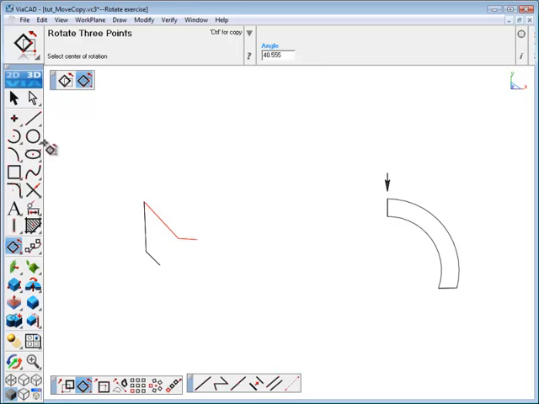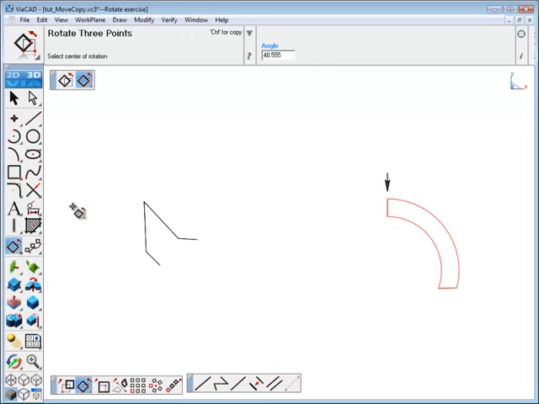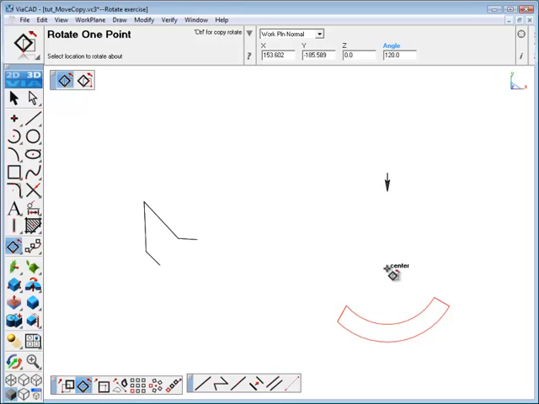There are other ways to rotate in your drawing. We'll make our selection over on the right. Careful not to select the arrow. In this case, we'll use the 1-point rotate tool and make sure the top option in the drop-down is selected. In this case, we'll set an angle to rotate by. We're going to rotate this around to create a full 360 degrees, and we want 3 all evenly spaced, so we'll divide that and make it 120 degrees for the angle. Click at the center point for the arc and it rotates it, but it moved it. Hold the Control key down to make a copy. Now, select the arrow,